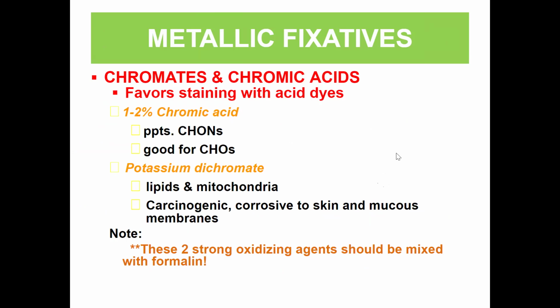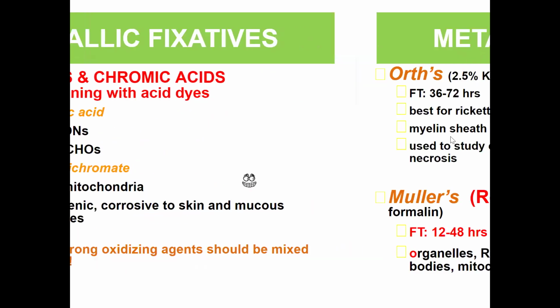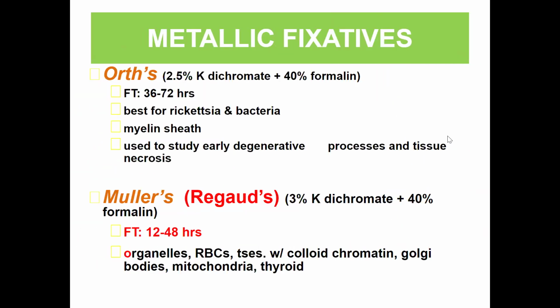So you should take note that these two strong oxidizing agents, your chromic acid and your potassium dichromate, should be mixed with formalin. Now there is your other solution, 2.5% of your potassium dichromate and 40% formalin. Fixation time is 36 to 72 hours. Again, for rickettsial and bacterial specimens, also for myelin sheath,